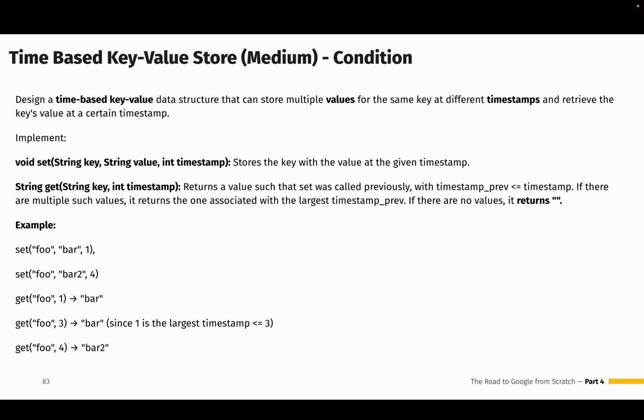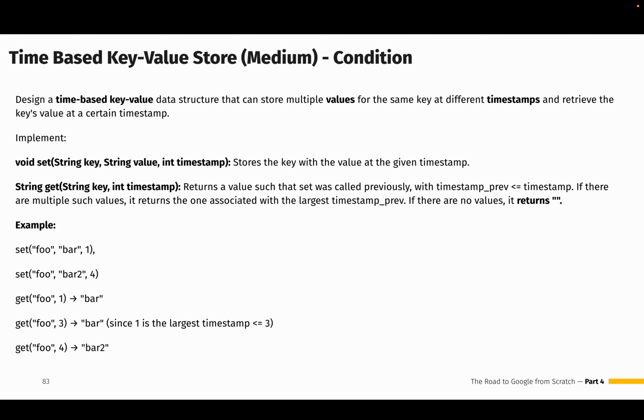How is this exercise called? It's time-based key value store. It's a medium level exercise, and let's check what we are given. Design a time-based key value data structure that can store multiple values for the same key at different timestamps and retrieve the key's value at a certain timestamp. Below, you can see that we need to implement two methods. It's a set method with three arguments, key, value and timestamp, which needs to store the key with value at the given timestamp. And the get method,